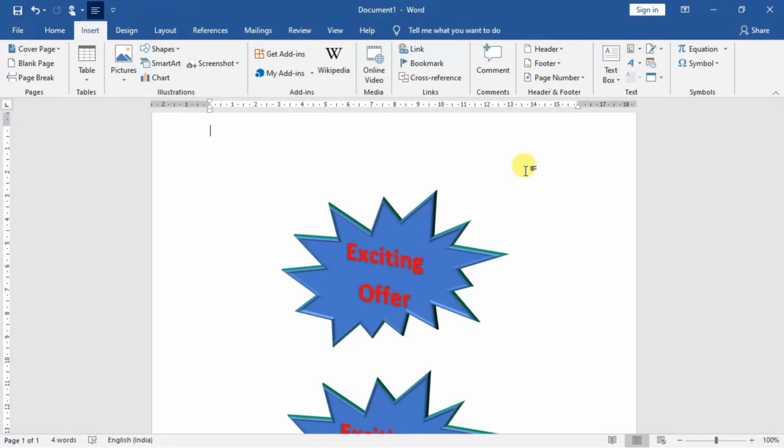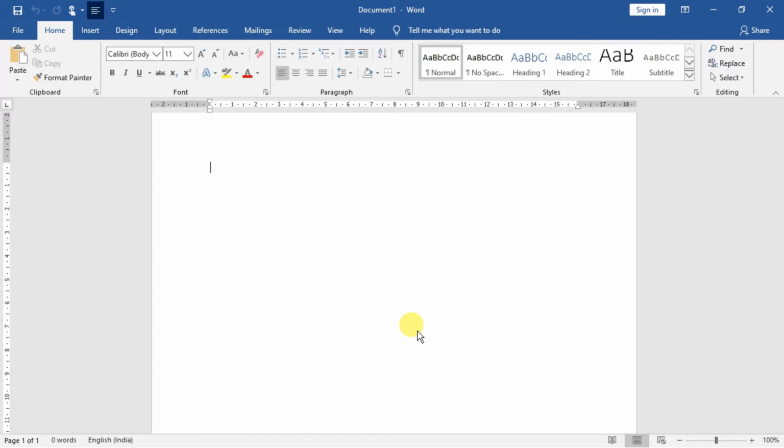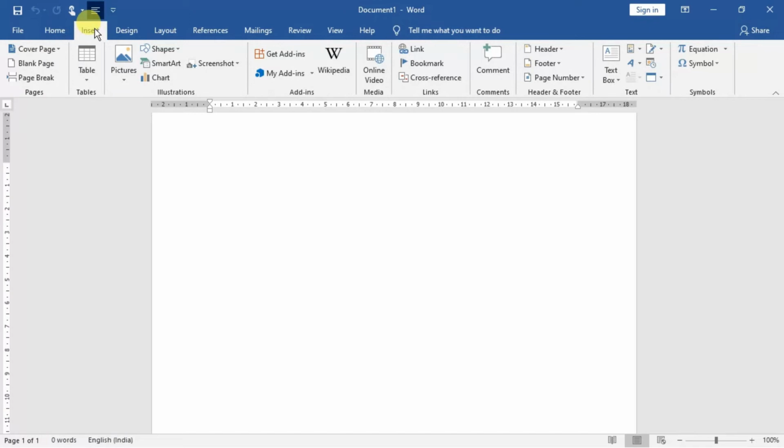All right, in the next part, we will see how to insert special symbols and special characters into the document. Well, students, we're discussing the practical steps of inserting shapes, symbols, and special characters in Microsoft Word. Shapes: go to the Insert tab first of all. There are many shapes available like lines, basic shapes, block arrows, equation shapes, flowchart, stars, banners, callouts, and all. Click on the Shapes button in the Illustrations group. You can see the Shapes button under the Insert tab.